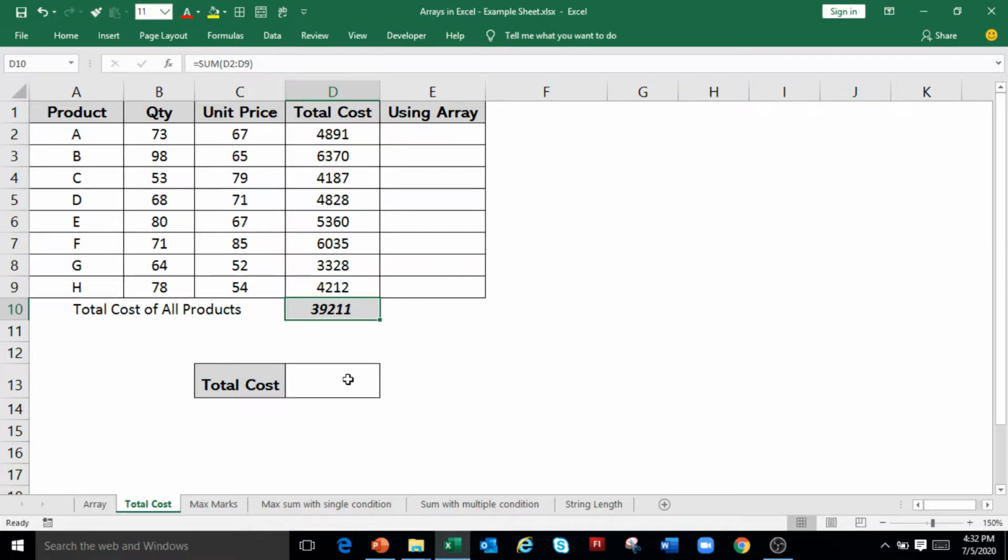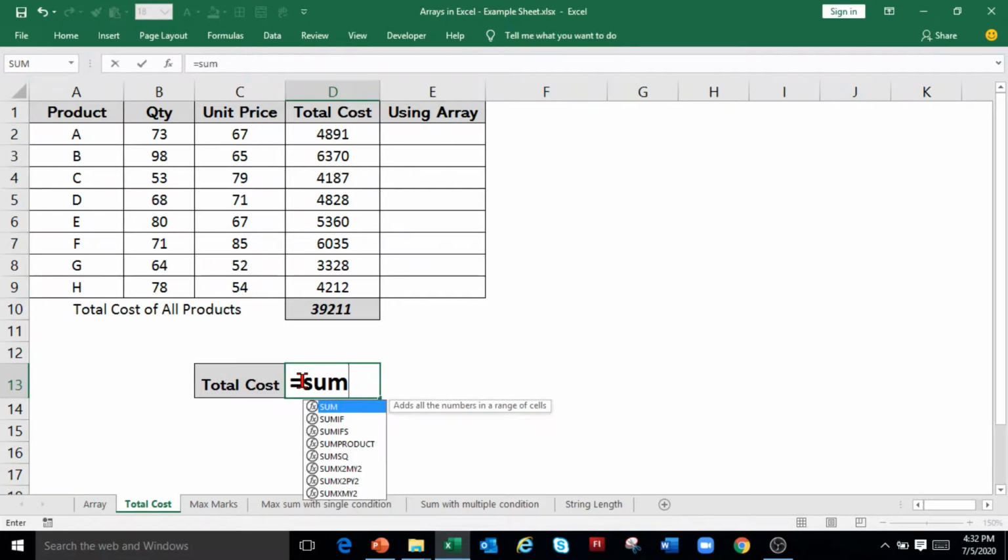Now to get the total cost of all the products using array, type equals sum, open bracket. Now in case of array, we will use ranges instead of a single cell value.